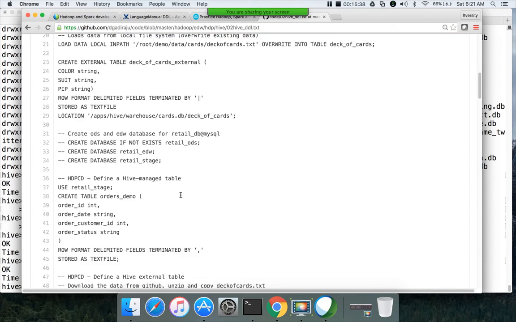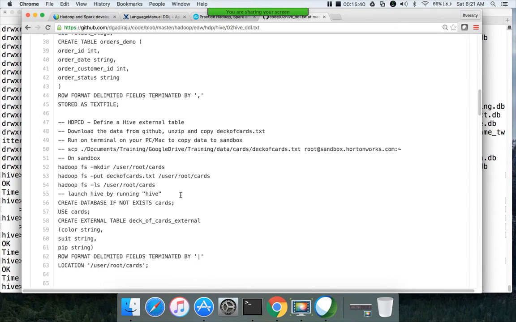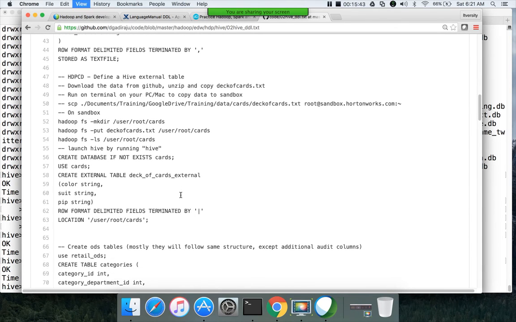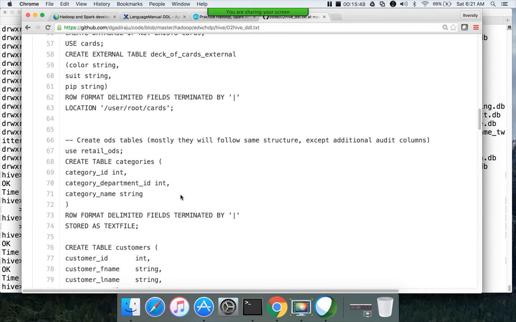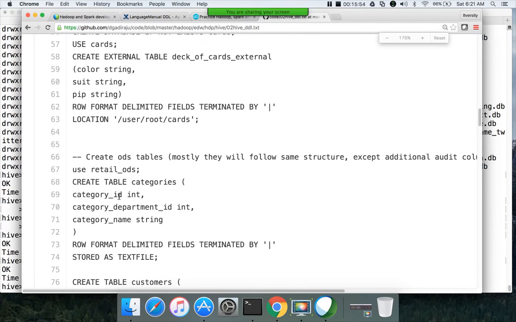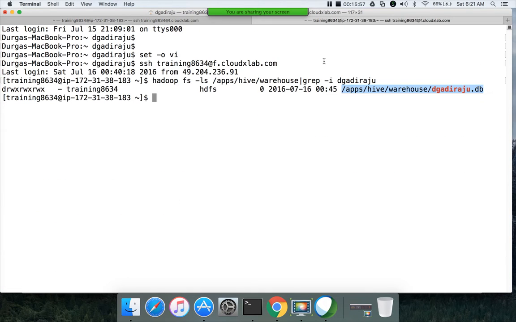So instead of using the deck of cards, we will try to create tables for our MySQL tables. Here you need to understand how to translate the data types from the MySQL tables into Hive. First, for that, let's log into MySQL. This is the exercise you need to do even when you are developing a data integration framework by creating tables in Hive. You should not be extracting one table at a time from MySQL and then making the changes and then creating tables in Hive.